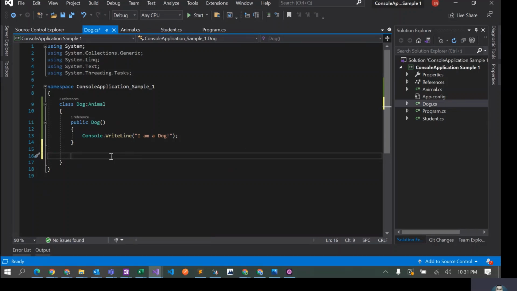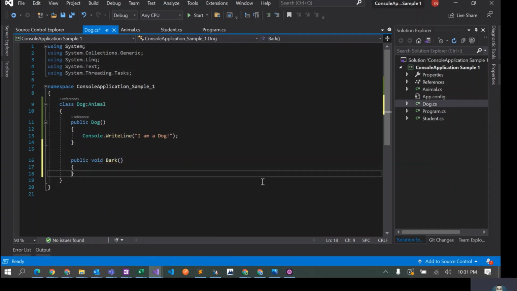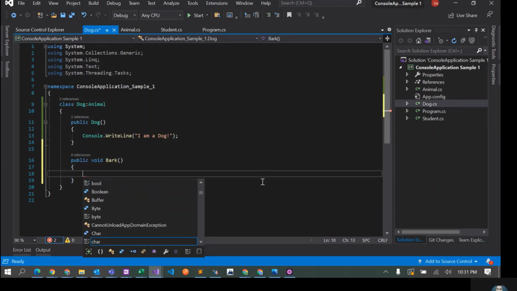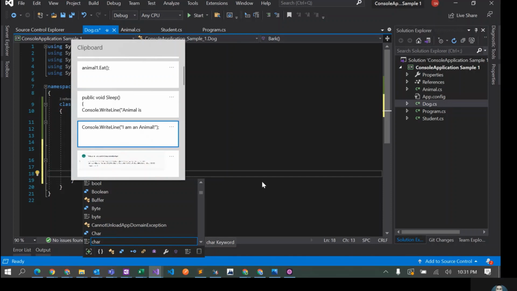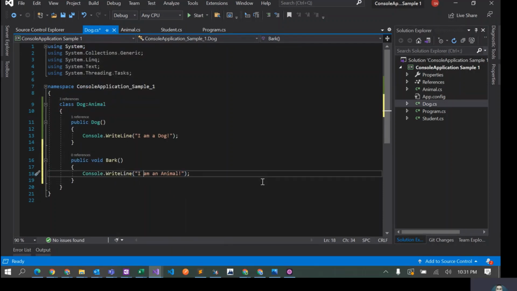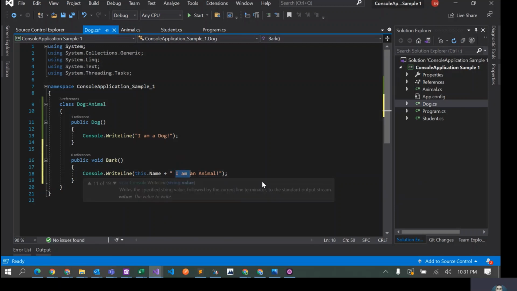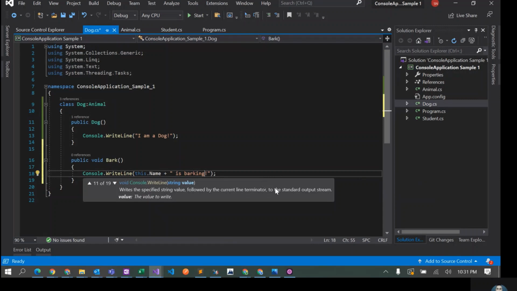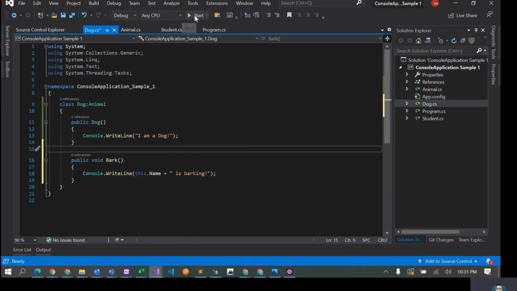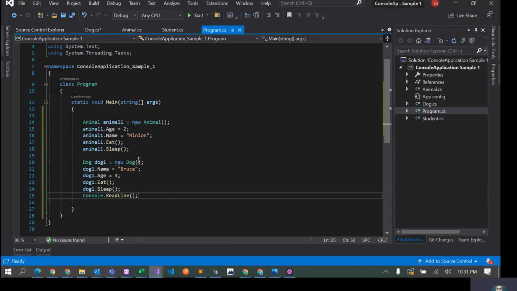So in this case, let's create just one more method. I'll call it public void bark, right? Because dogs bark. Console.WriteLine, and I'll say this.name plus "Bruce is barking". Okay. So now if I go back to my program class, you see that